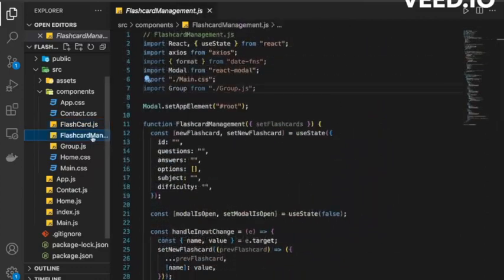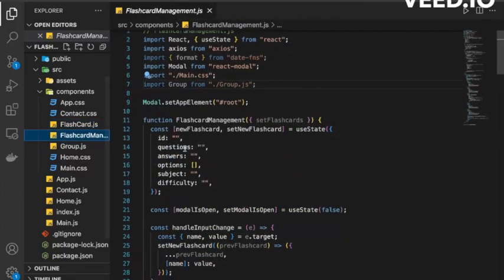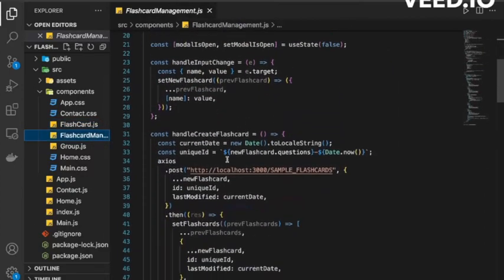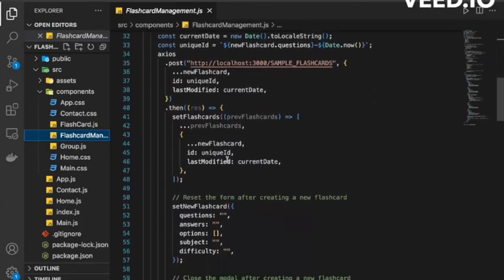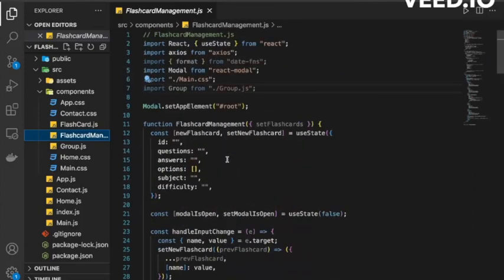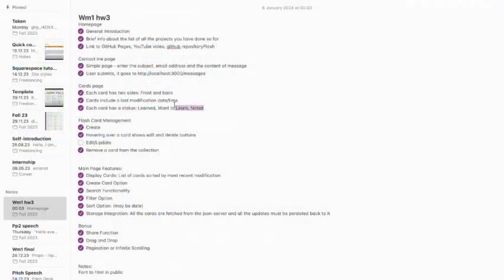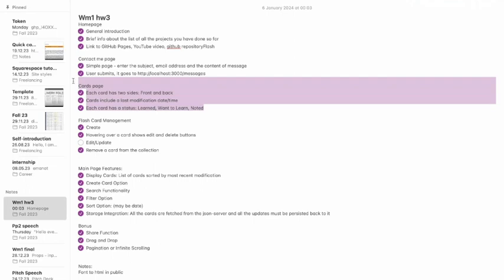I didn't still come to the flashcard management system, but here I also have this thing, because whenever I'm creating a new flashcard, the last modified date should be implemented, should be shown in the system. These were the simple ones as the first thing that I've done in the project. Now let's talk about a bit of